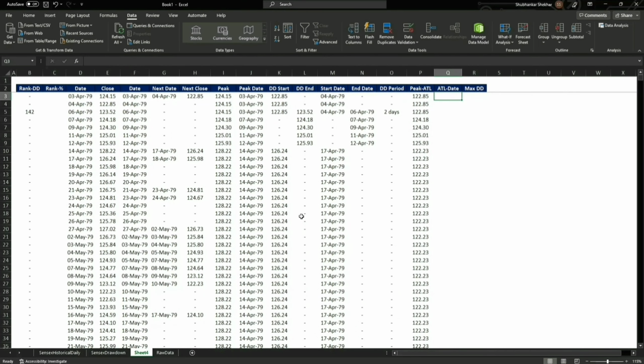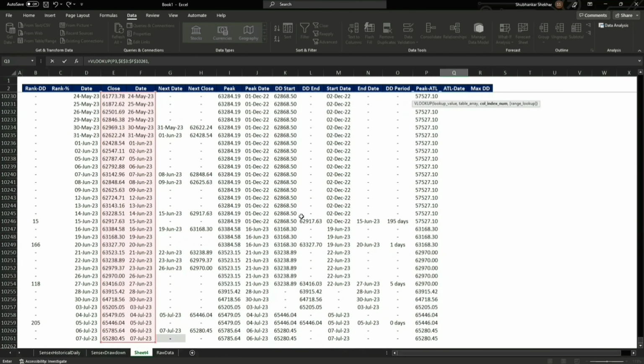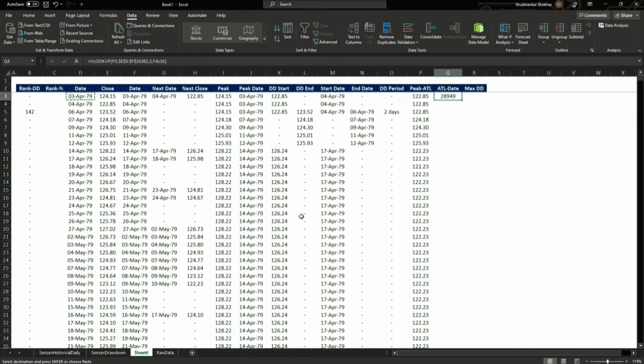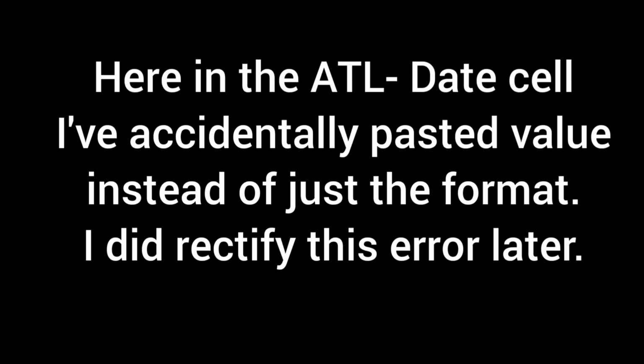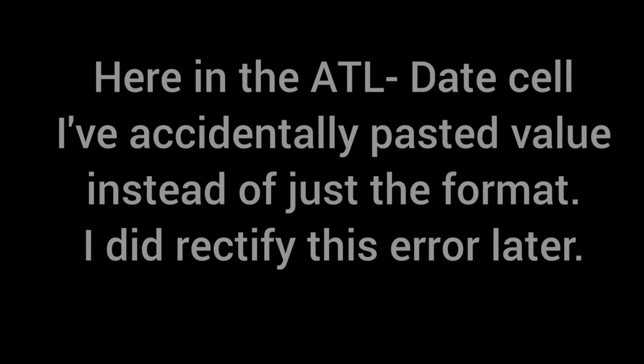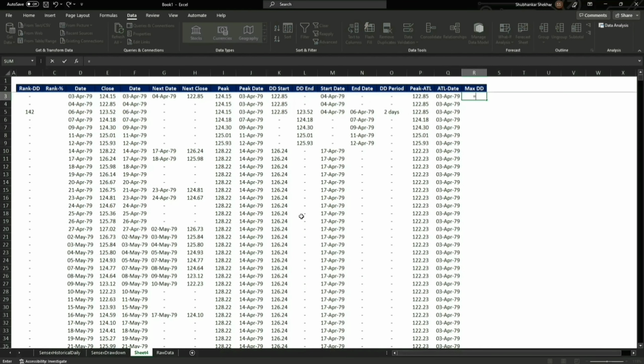Now it's okay, right? Similarly, for the all-time lows, we are going to find its date, right? And we are going to paste the format here. So now we also have the date for the all-time low for a certain peak, right? And here to calculate the maximum drawdown, and also to eliminate extras so that the rankings properly calculate, what we are going to do is, if this is equal to this, then just leave it. Otherwise, calculate the drawdown by the all-time low of the peak divided by the peak, right?